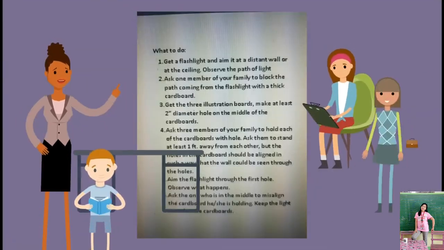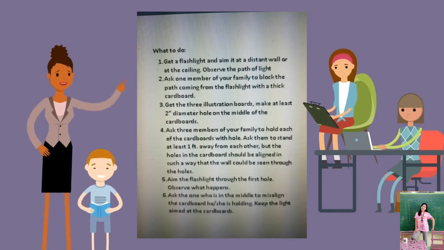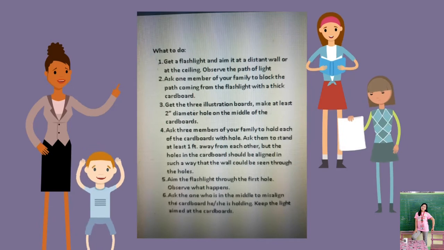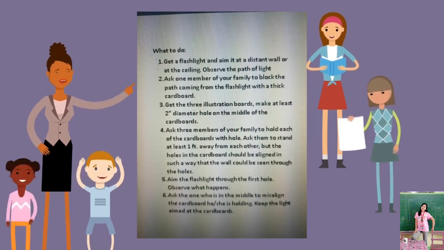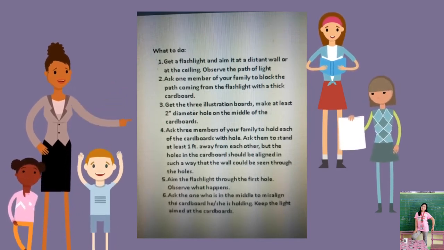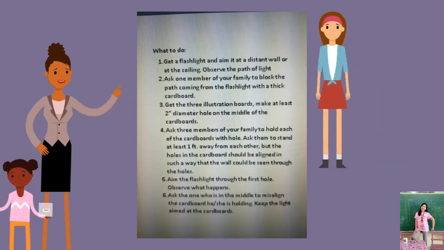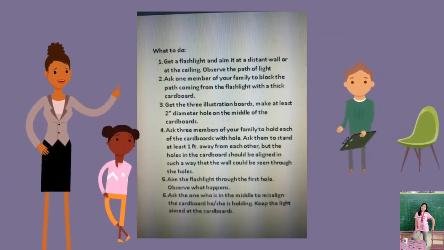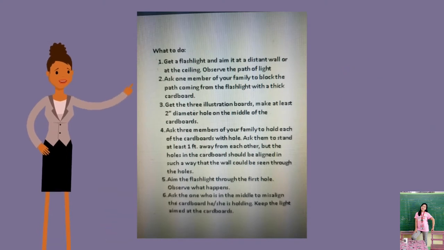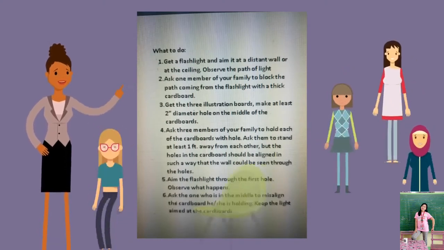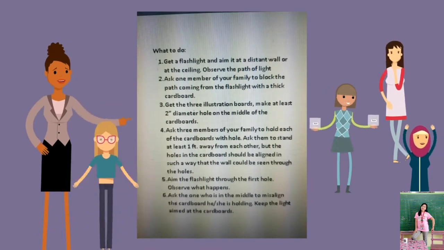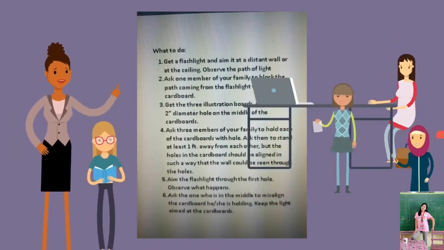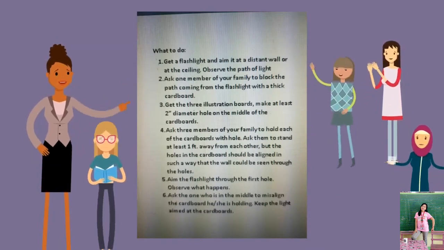And here it goes. Number 1, get a flashlight and aim it at a distant wall or at the ceiling and then observe the path of light. Number 2, ask someone to block the path coming from the flashlight with a thick cardboard. Number 3, get the 3 illustration boards, make at least a 2 inches diameter hole on the middle of each of the